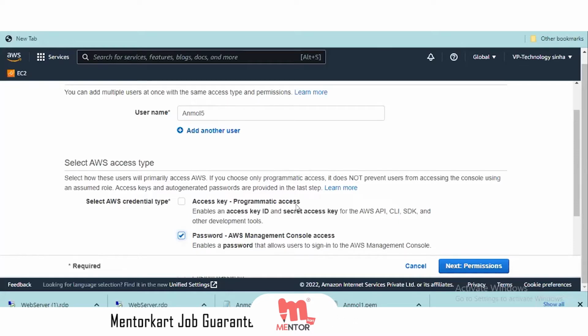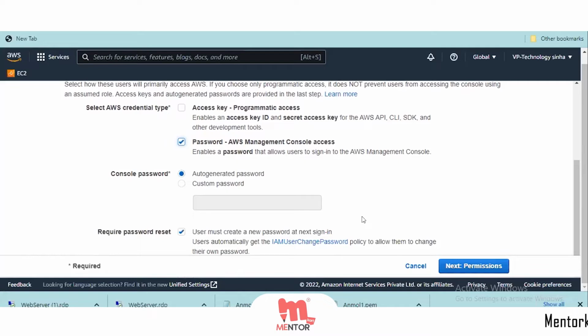For example, if you deploy any software, or if you are creating software and we need this user in that software, you hardcode that user's email address and password. So this is called an access key. And in AWS Management Console access, you enter the username and password in a GUI mode. So this is called password management console access. Any doubts, any questions? Okay, then